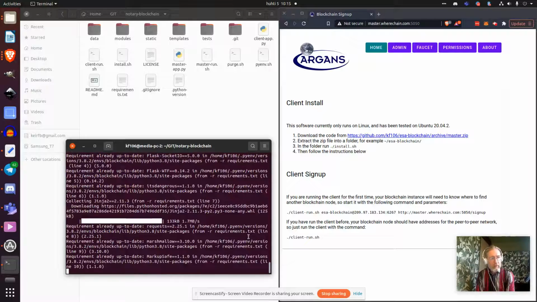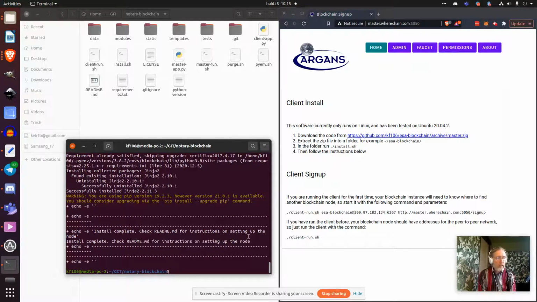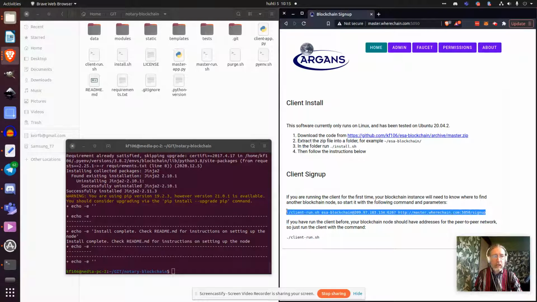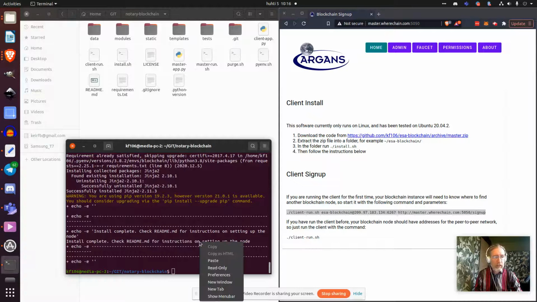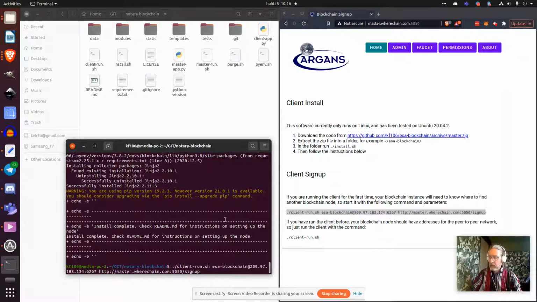Right, so Python's been installed. Now it's downloading all the various packages that Python needs, and that means the basic install should be done. So now, because I'm running this client node for the first time, I need to sign up, and the admin node gives me the exact command string I need in order to do that. And if I run this,